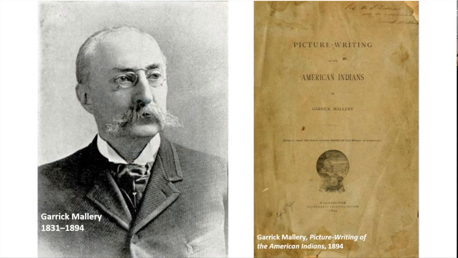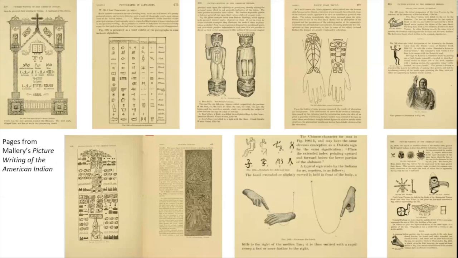Nonetheless, it was indeed preliminary in that Mallory was mostly aiming to find and exegese the huge number of kinds of picture writing of North American Indians, taking in symbolic forms of communication ranging from gestures to petroglyphs to truly conventionalized signs, the origins, as he would have it, of true writing. Mallory organized these in various ways and commented on a wide range of interpretive matters, including through comparison, though never suggesting a direct relationship to numerous other script and idea systems. You can see him talking about cuneiform, for instance, here.